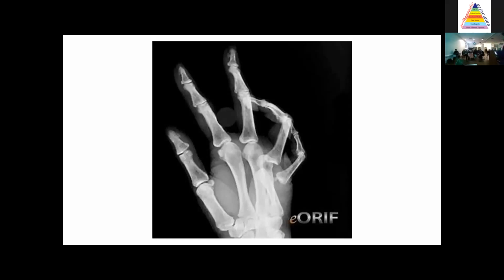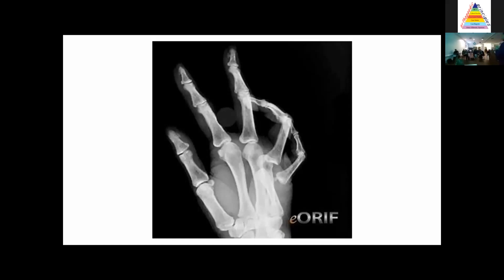Have you seen many of these, Saurabh? Three or four in the last 7 years, if I'm totally honest. Twice we had to open up when I was at Denmark Hill. Here, it just came reduced closed. Have you seen many of these? Sorry, no, I was asking. Sorry. No. I've not seen it. I think I've seen one MCP joint dislocation, but I wanted to put that slide in